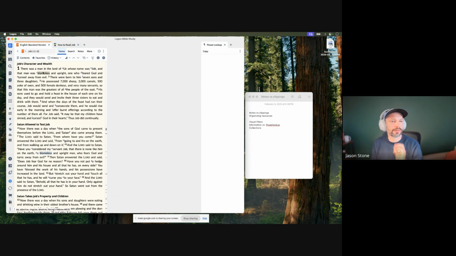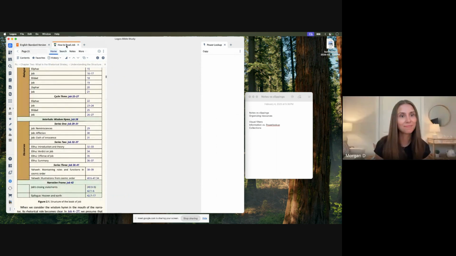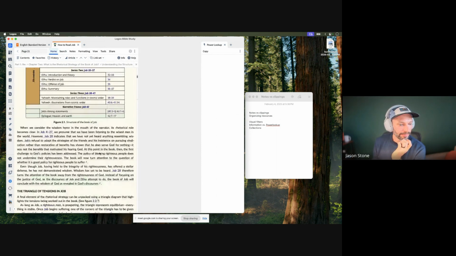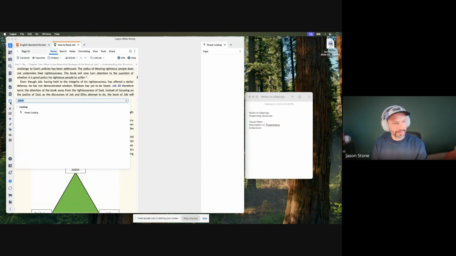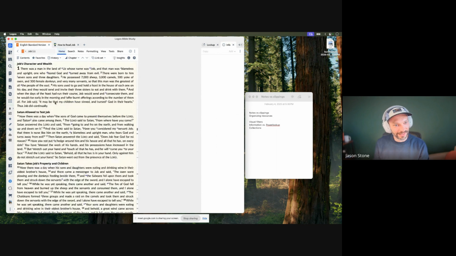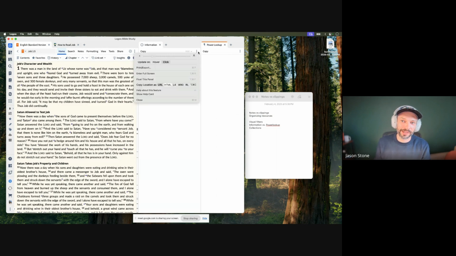All right, so power lookup will give me basically, let me see if I'm doing this right. I think I'm doing these backwards. Information is the click. Okay, I'm doing these backwards. Let's do them the other way. All right, so information, I have this set on click, right?